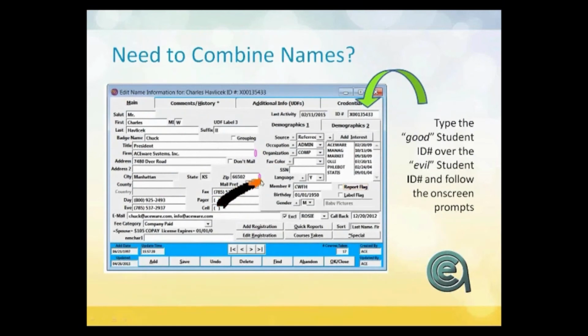Combining names, again, the dilemma, no matter how well we try, you're liable to get duplicate people in the system. And the way you handle that is with that ID number, where you go to the record of the good person, copy the ID, navigate to the duplicate. We say good and evil, good and bad. You navigate to the record that's the duplicate, paste in the good twin's ID, and it'll basically prompt you through 2 questions, and it'll automatically combine the name records. And in doing that, it combines interest codes, and it will also combine any courses taken if they were taken under the 2 different name records. Very simple, very